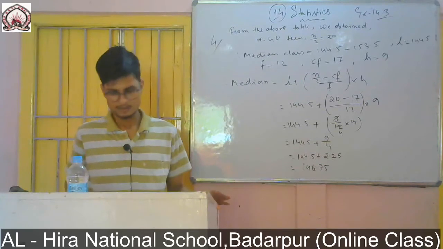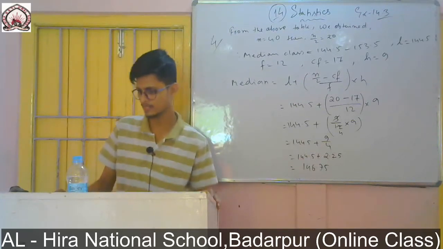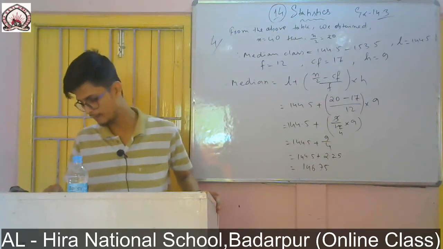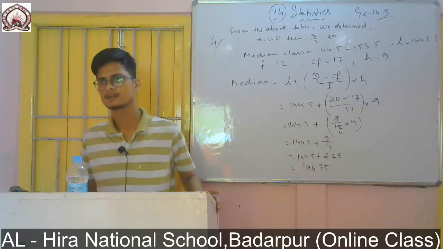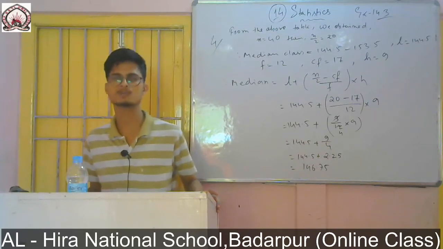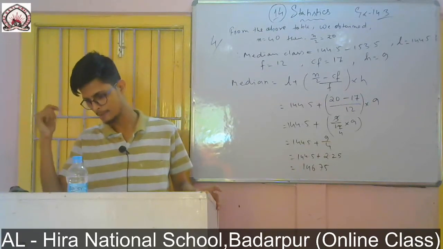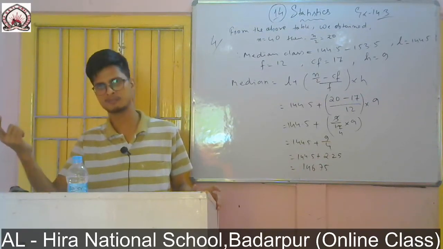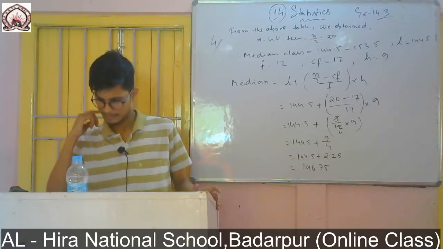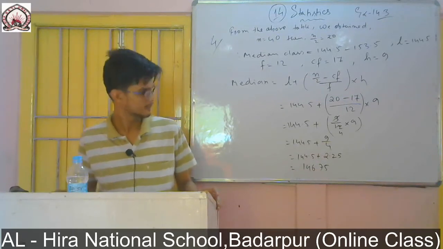First of all, you will make the table. We need the column for cumulative frequency. The lifetime is given, that is the interval, and the number of lamps is given the same, you see here. Then we need the cumulative frequency. Cumulative frequency you know how to find. Simply, for the first one it will be 14, the next one it will be 14 plus 56, like this it will change, and at last you add one by one, you will get the value.